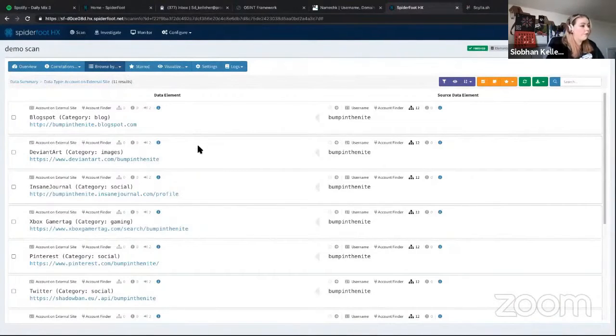It is important to note that just because it found an account with the same username does not mean that this account belongs to the person that we're looking for. So you'll want to remember that you need to look into the account and use a little bit of your investigation knowledge to determine whether or not the account looks like it belongs to the person that you're looking for, or if it might not be theirs. And that's just kind of a gut feeling sometimes. You can't really get a solid answer on that. And sometimes you can get a very solid answer. You can link it back to other accounts as well.